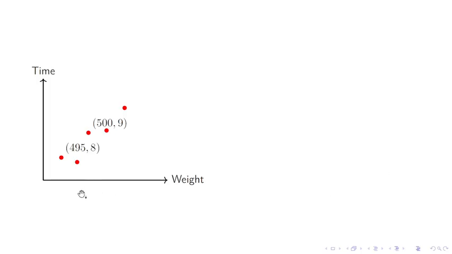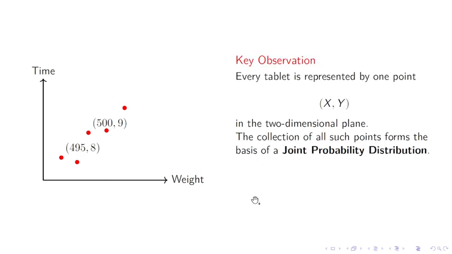Here, this is the diagrammatical, geometrical representation of two random variables. This point gives us 495. This is another point. These five different points give us five joint random variables. Every tablet is represented by one point. In the two-dimensional plane, the collection of all such points forms the basis for the joint probability distribution, similar to the univariate